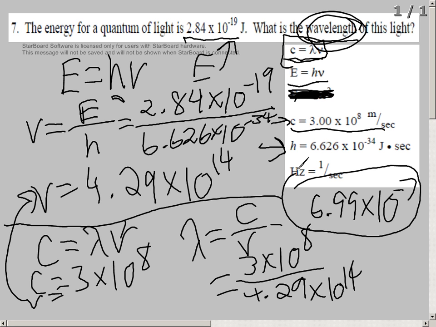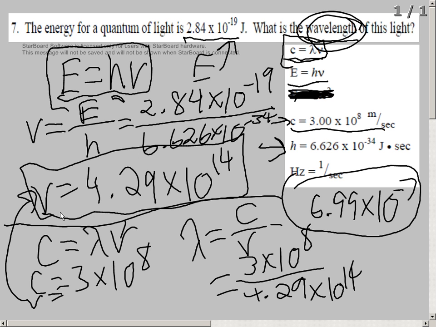So let's walk through this one more time. We got an energy and it wanted wavelength. So step 1 was to find the frequency based on the energy. We used E equals hv, energy equals Planck's constant times frequency, and solved for frequency. Once we got the frequency right here, we plug that into our other equation, speed of light c equals lambda, wavelength, times frequency v, and we solved for wavelength, which we came up with